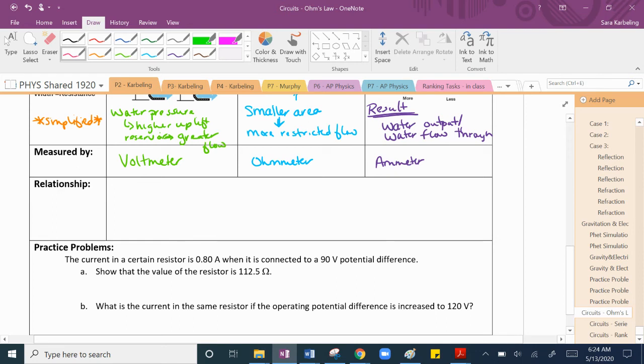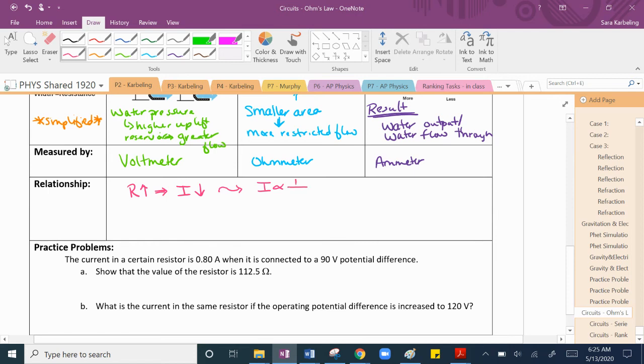So one of the things that you had to figure out the relationship between was resistance and current. If the resistance increases, hopefully you saw from that activity that the current goes down. The current is absolutely dependent on the resistance, okay? And we could say here that current is proportional to, well, if one goes up and the other goes down, then really it's an inverse proportion, so